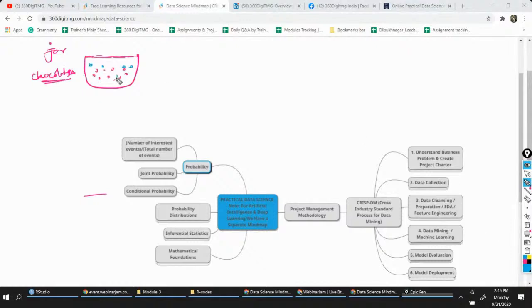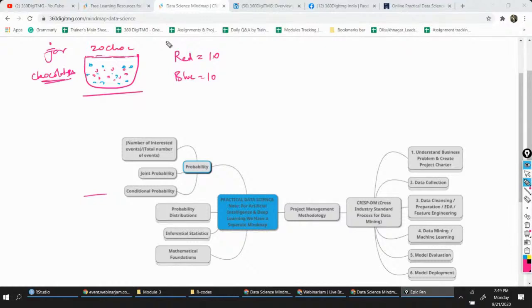Okay, red color and blue color chocolates. Assume. Okay, so let me give you the numbers here. The red color chocolates, let's say, are 10. The blue color chocolates are also 10. So total chocolates, how many chocolates are there in this jar? 20